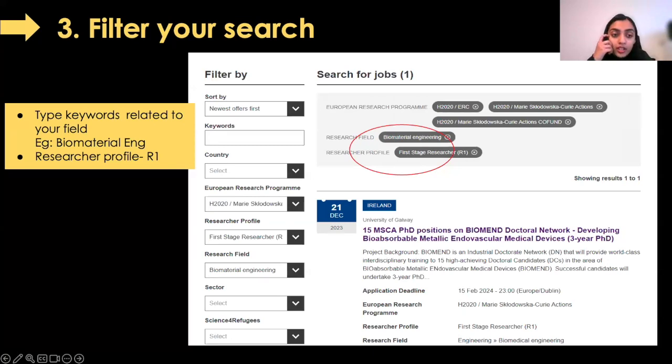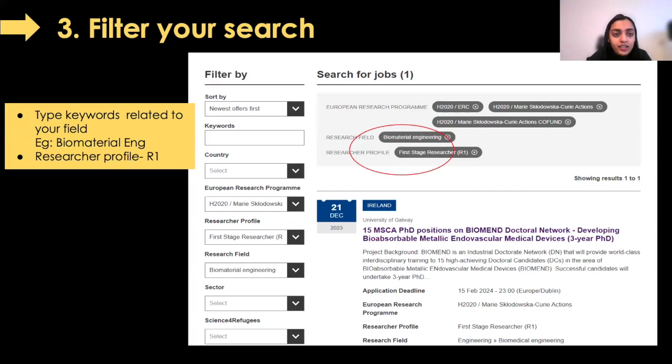When I give biomaterial engineering and the researcher profile R1, I get one hit, where they provide 15 MSCA PhD positions on the Biomed doctoral network. So you have obtained your search, and you can go into the specific position, where they explain all about the requirements and the description of the project, and you can find everything here.